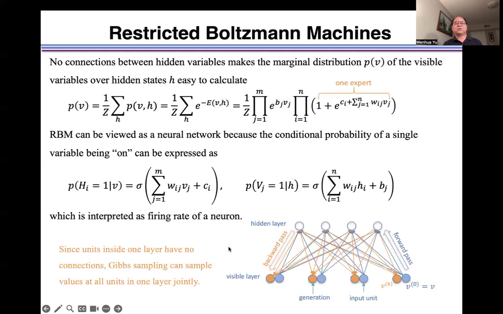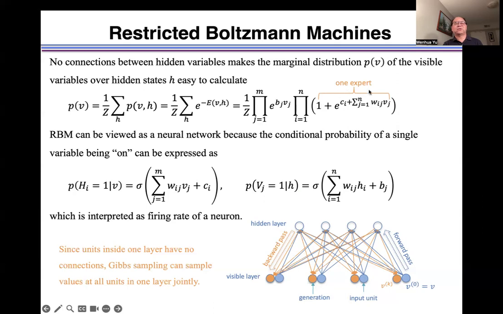No connections between hidden variables makes the marginal distribution P of the visible variables over hidden state H easy to calculate. Namely, the marginal distribution is equal to the marginalization of the joint probability over H. Using the definition of the partition function, after a few steps, we can express this marginal distribution as a product of